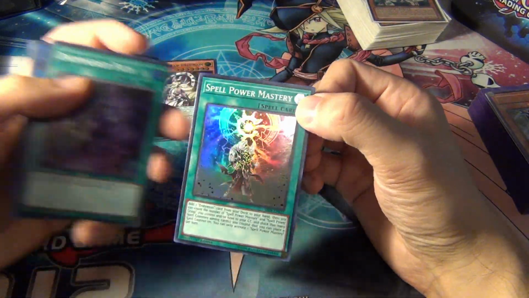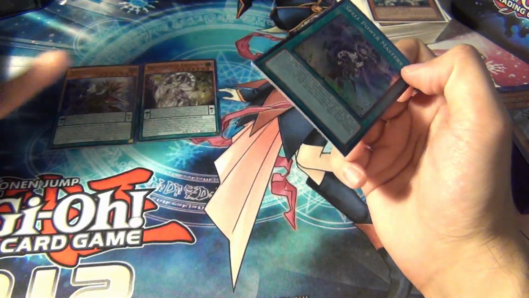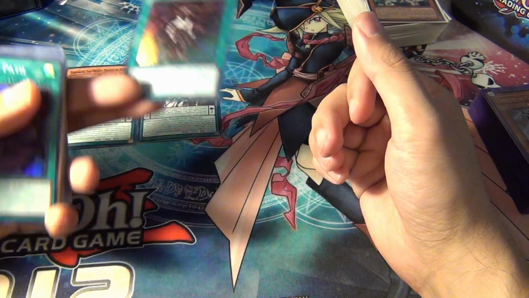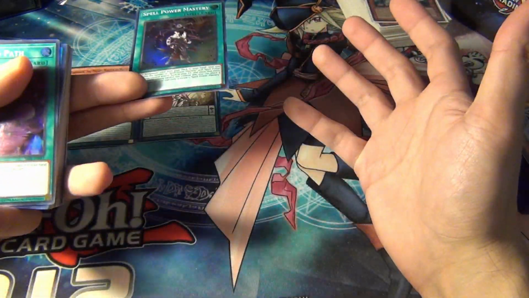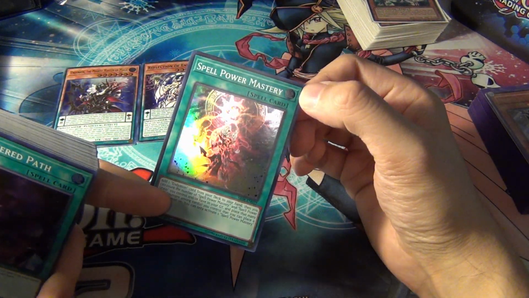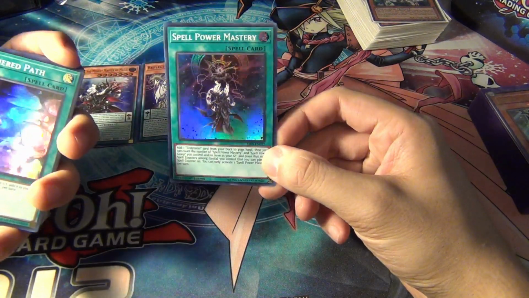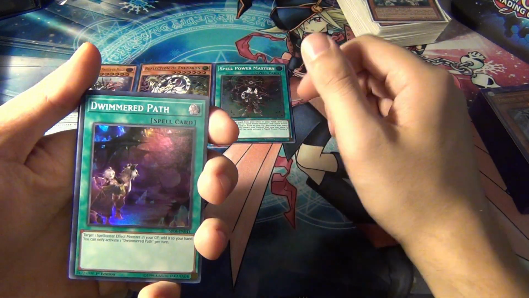Next we've got Spell Power Mastery. So this is the new one. He's known for using Spell Power Grasp as the most iconic spell card for Endymion decks, also known as Citadel decks or Magical Citadel decks. And this is his new card, basically, that you want to run like 2 or 3 of. So Spell Power Mastery, and then